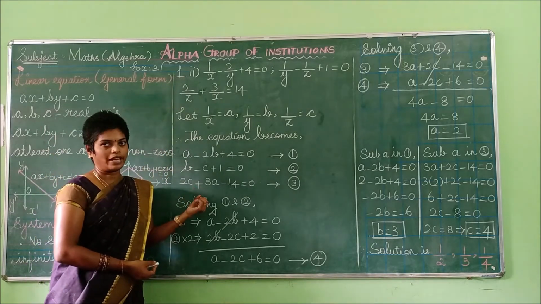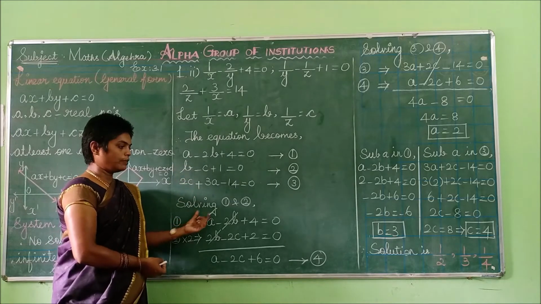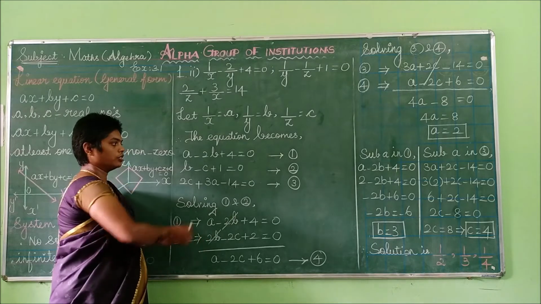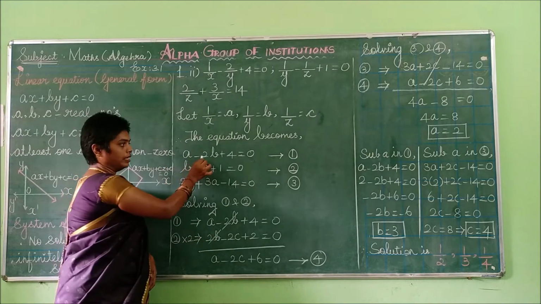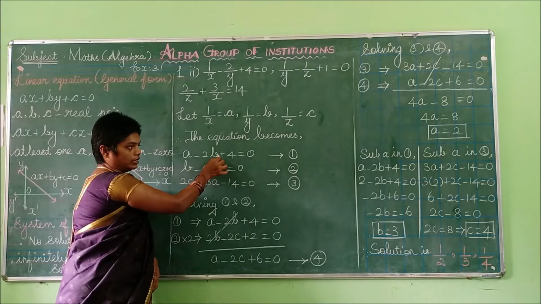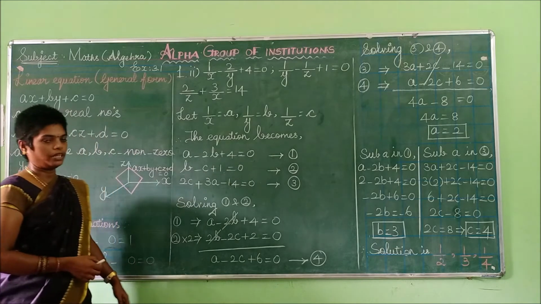Now we have to solve the values. First of all, take the first and second equation. Now I am going to solve the first and second equation. So look at the equation. Here there is A, here there is no A. And here B, here also B, no C, and here C. Then two constant terms will be there.